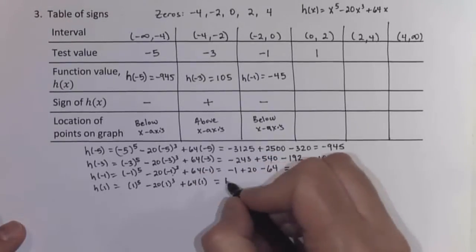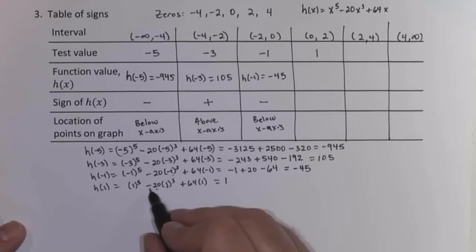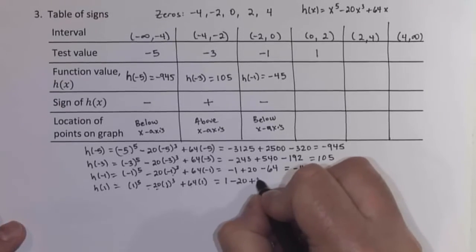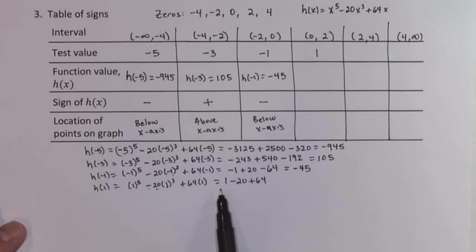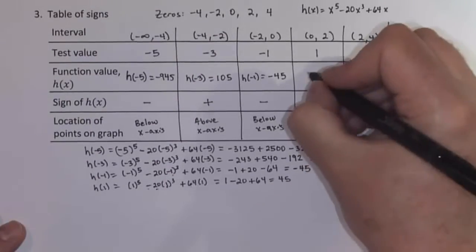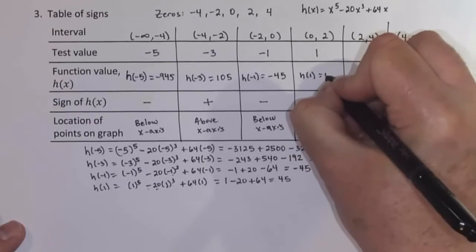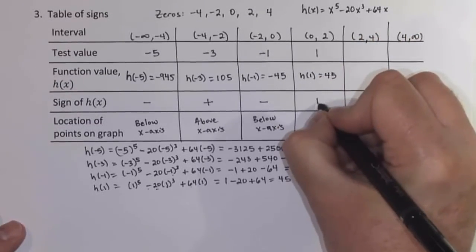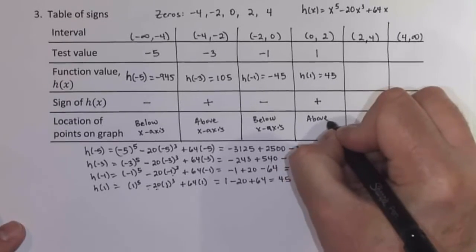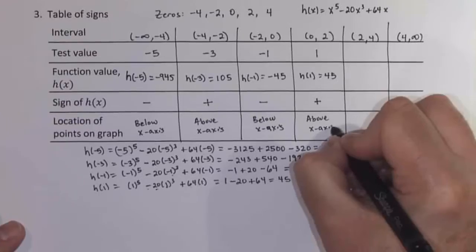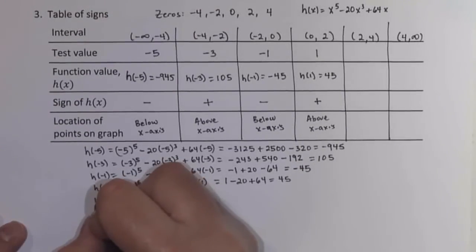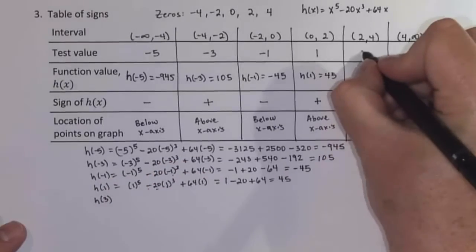1 to the 5th power is 1. 1 cubed is 1 times minus 20 is going to be minus 20. 64 times 1 is 64, so plus 64. 1 minus 20 plus 64 is going to be positive 45. So h of 1 is positive 45. The main thing that we care about is that it's positive, and that means we're going to be above the x-axis on that interval. Looking at the interval 2 to 4, we can choose a test value of 3 and